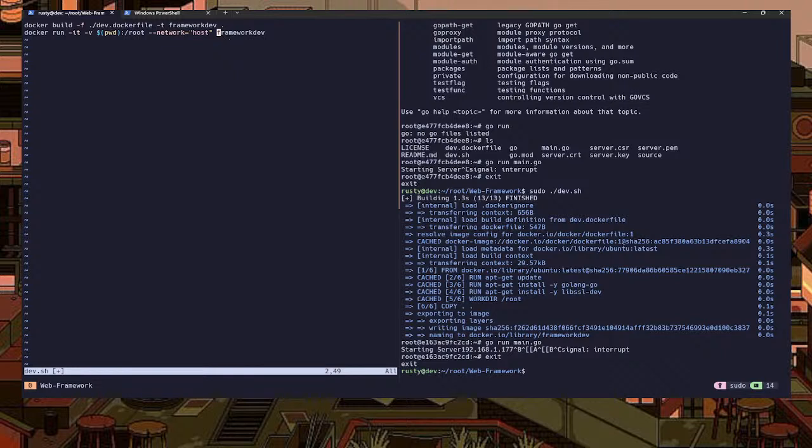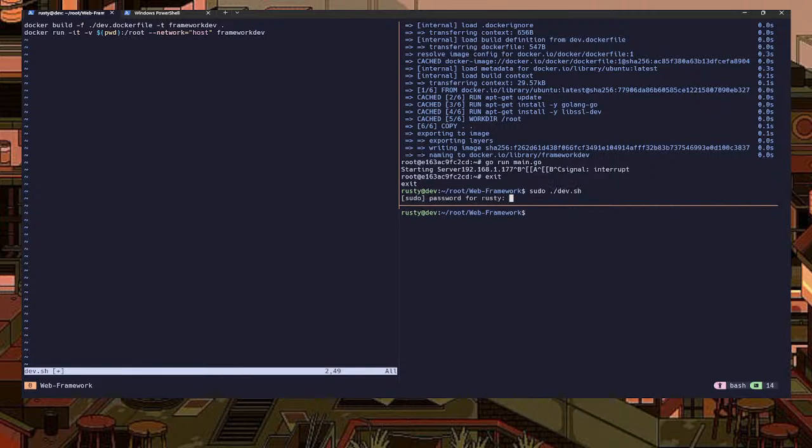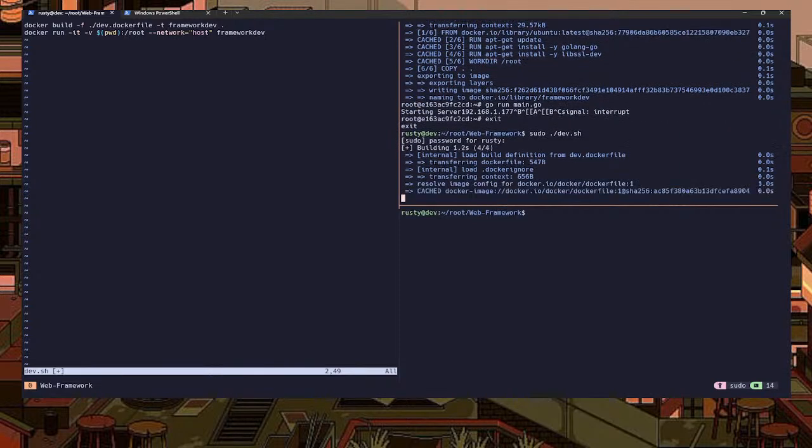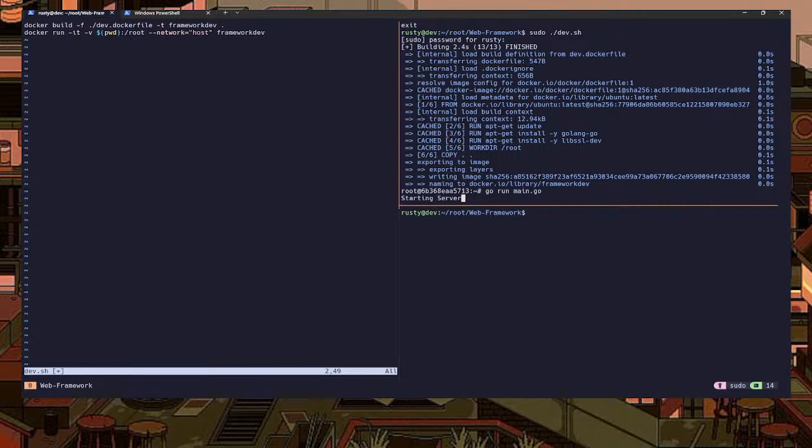Hopefully it does nothing. Maybe that's what's going wrong. So let me open up another terminal below this so that I can show you what happens when we run this command. Everything is being loaded right now. Since it's already been pretty much cached, it doesn't do much. So we now run the docker.go.main, and when we